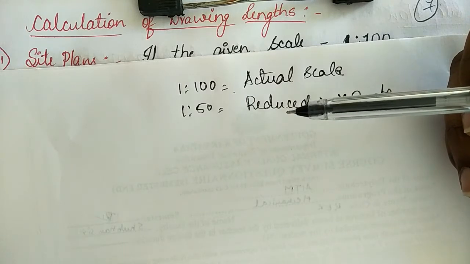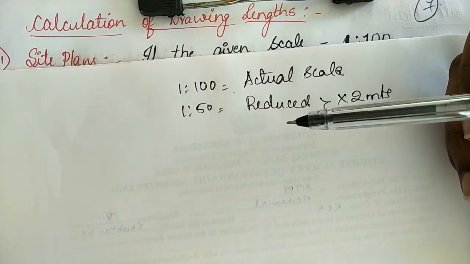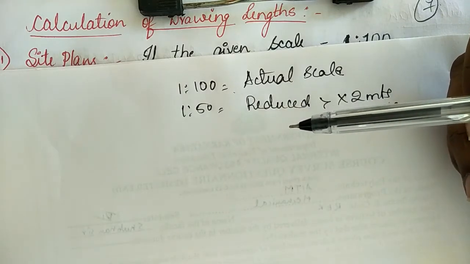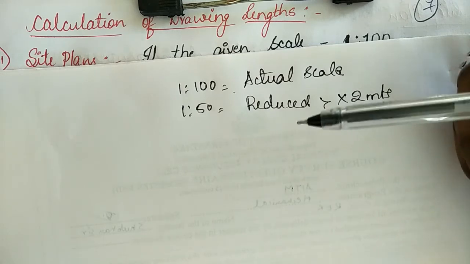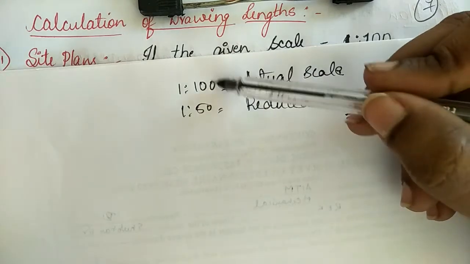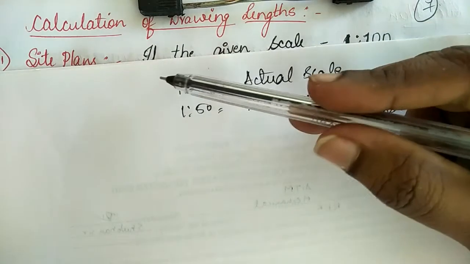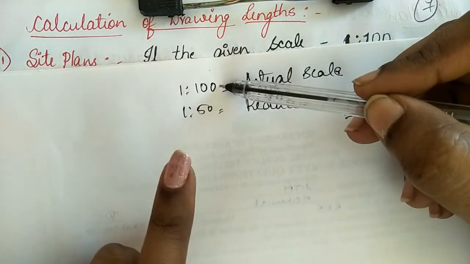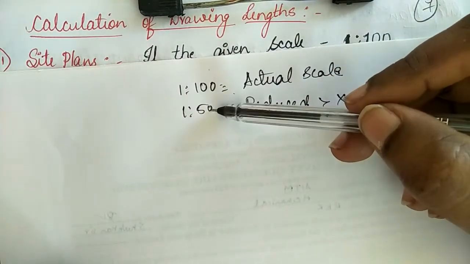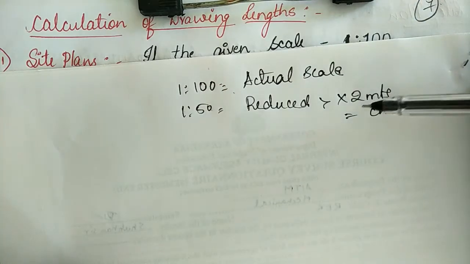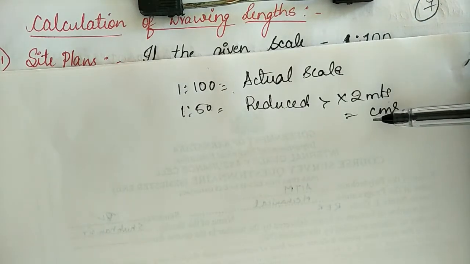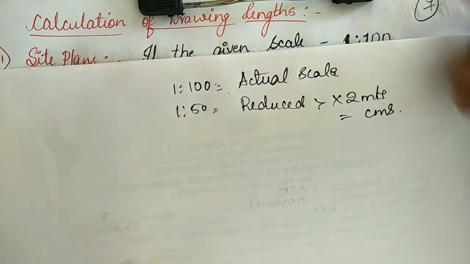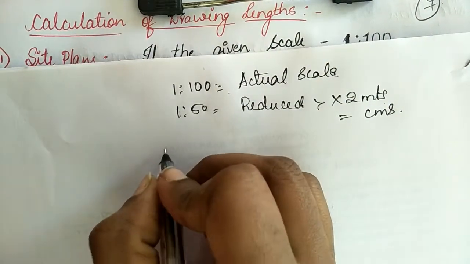Whatever dimension is given, if it is 10 meters, you will draw it as 10 centimeters on your drawing sheet also. It will be actual scale, so you are not going to convert anything here. But if they change the scale, like if it is 1:50, then you're going to multiply it by 2, that is 2 times, it will become double. So if the given data